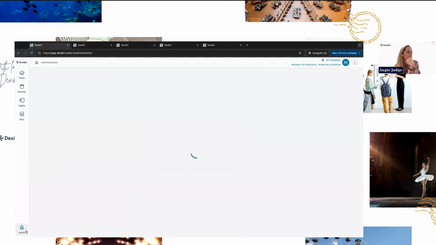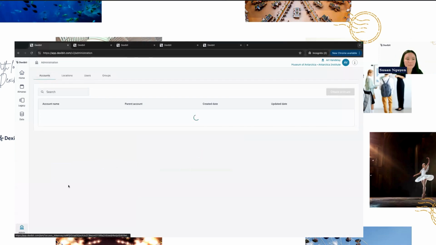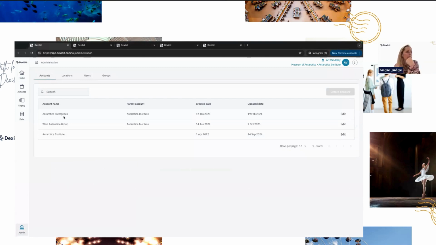So let's come down into administration here. We've got our account structure that we looked at before of Antarctica Enterprises, West Antarctica Group, and Antarctica Institute being the parent organization. And these levels can get as complex as you like. You might have 5 steps, for example, rather than just 2 that I've got here, depending on how your enterprise